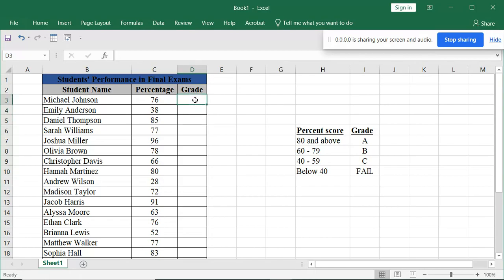Use the if statement. So in the first cell, write equals to if, open parentheses, and then check the first cell containing the student score, which is cell C3. So it's greater than or equals to 80, comma, and that is grade A,